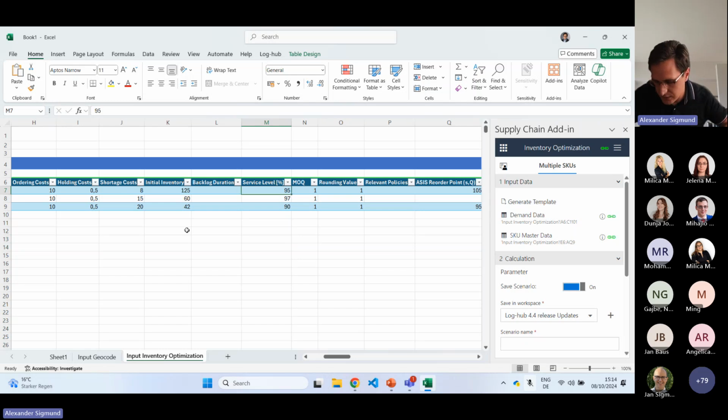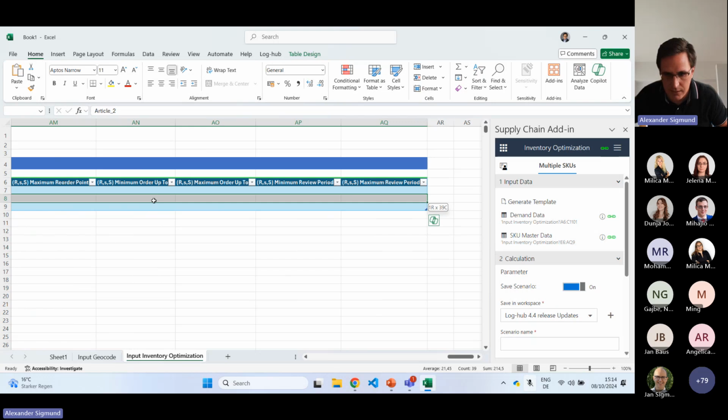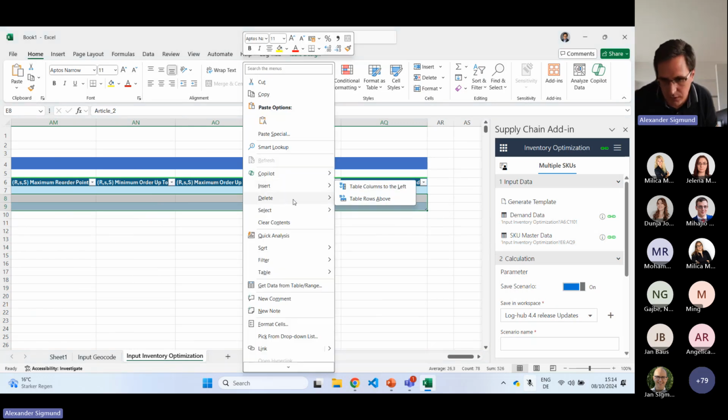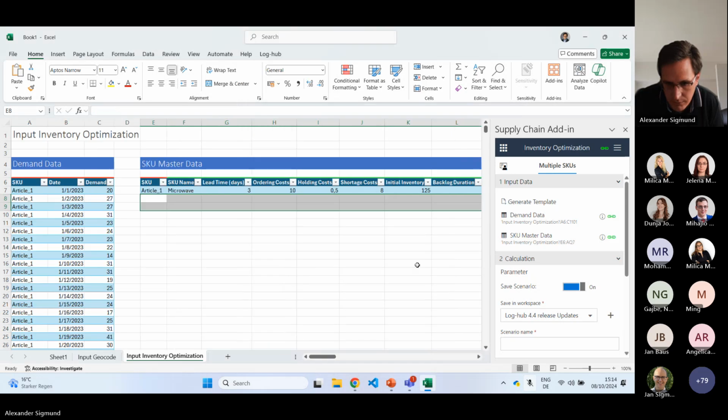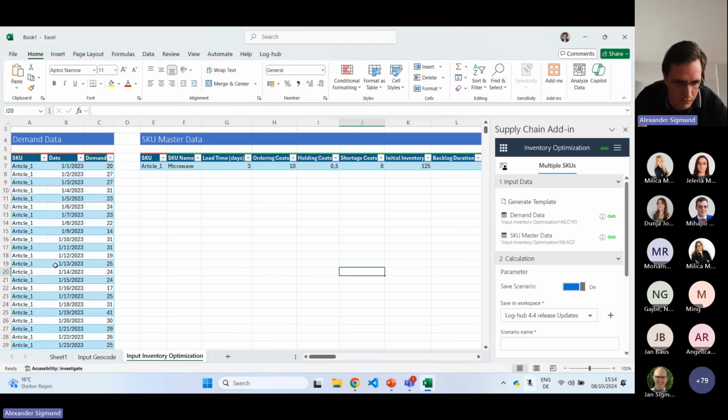If we adjust, for example, the service level, let's say, hey, I must reach a service level of 98. With service level, we mean how many of the demands we actually need to try to fulfill. And now when we want to reach a higher service level, I would assume